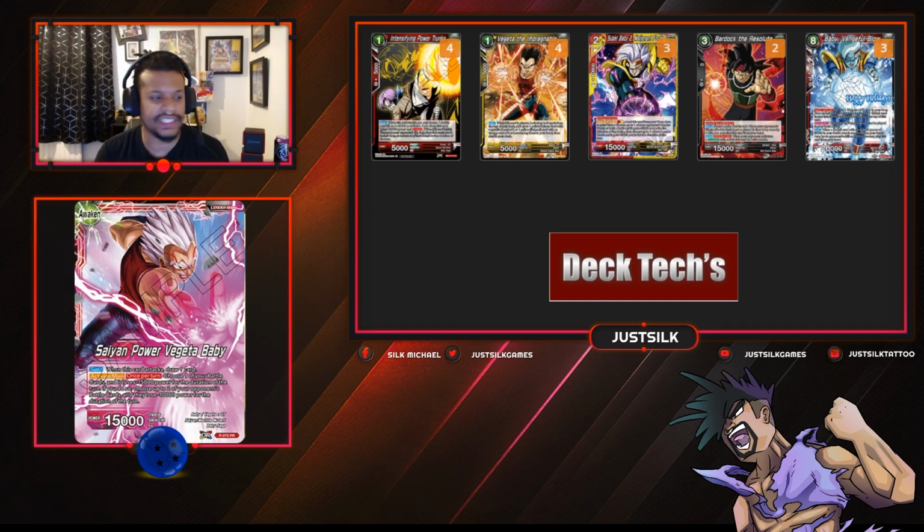This Vegeta is a Vegeta GT. It's a 1-drop, so it means you could play Vegeta GT, the 1-drop baby, Unison Absorb, and then go into your 4-drops. That gives you another target, and it gives you a target that does something. It gives you a top 5 search for a yellow Saiyan 3 or less. Now, you don't play many, but you've got Vegeta the Impregnable. He's a yellow Saiyan 3 or less. You've also got Super Baby 2,